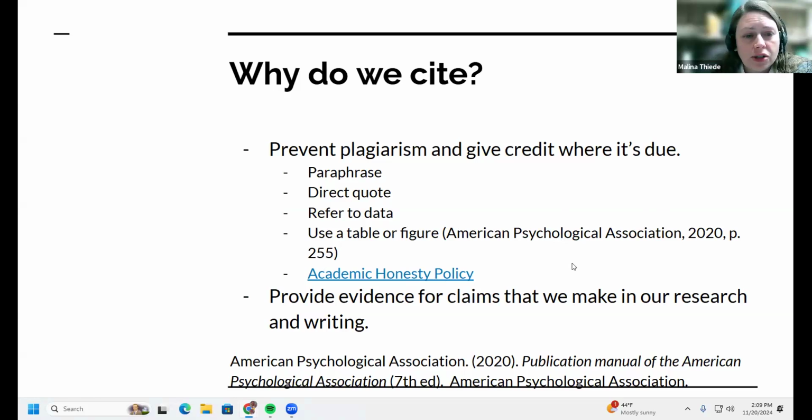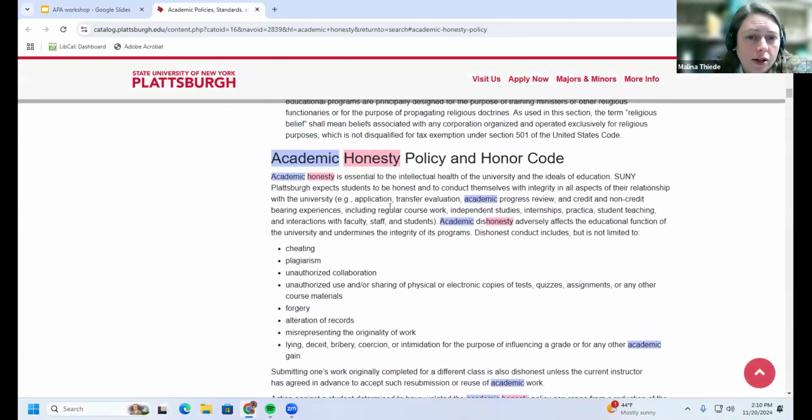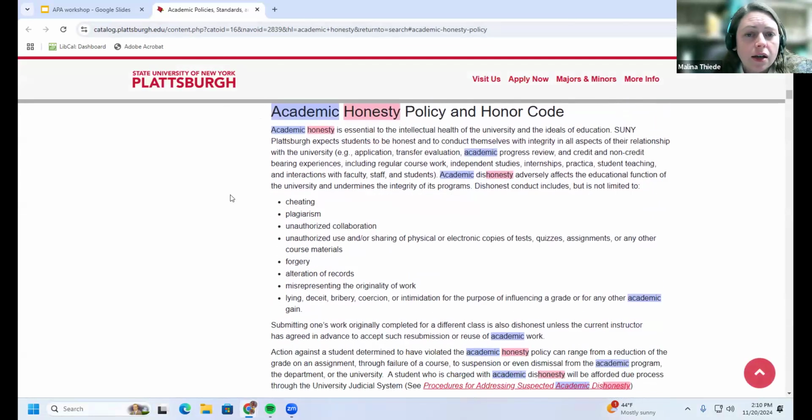So plagiarism is just one component from the academic honesty policy, which I'll show you here. So this is the college academic honesty policy. Not committing plagiarism is one aspect of it, but it is broader than that. As you can see here, you should also not engage in cheating, so copying someone else's work. You should not engage in unauthorized collaboration.